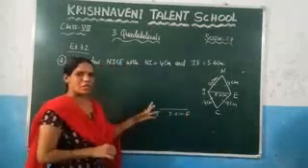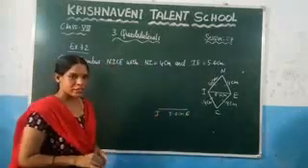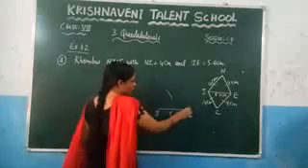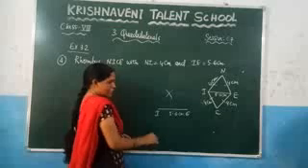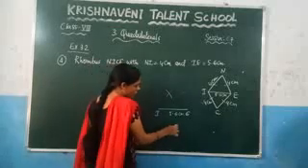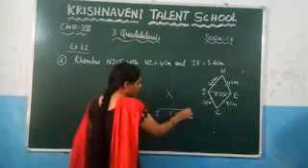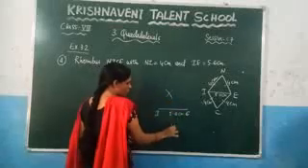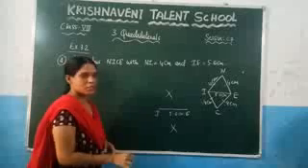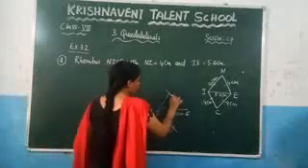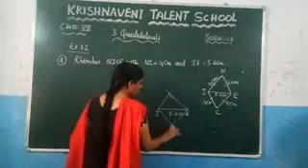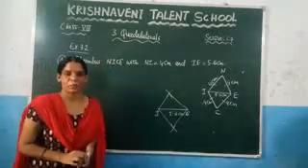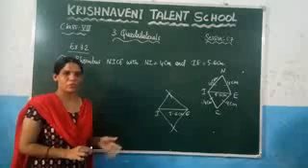Now you know that all sides are equal, which is 4 centimeters. So at this point draw an arc of 4 centimeters, and similarly at this point draw an arc of 4 centimeters, and again at this point draw an arc of 4, and at this point draw an arc of 4. Similarly here you get one intersection point and here you get one intersection point. Now you can join those intersection points so that you can construct a rhombus. Now let us see with the help of the geometrical instrument how to draw this rhombus.